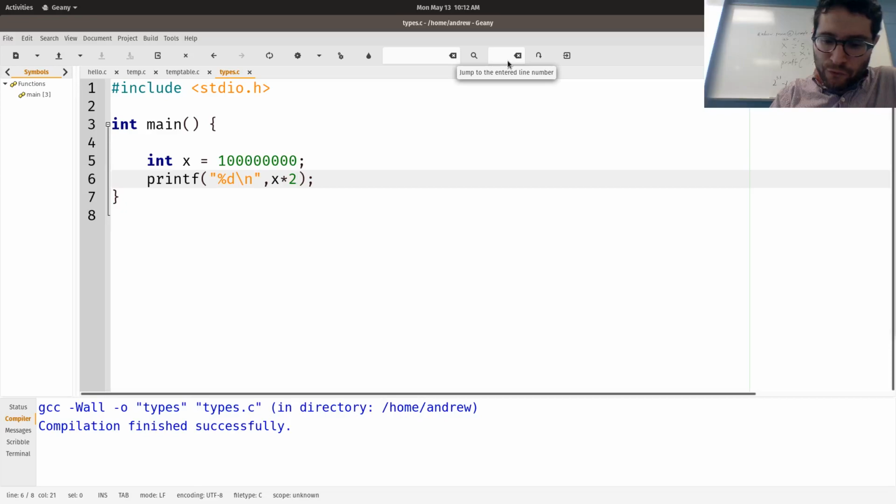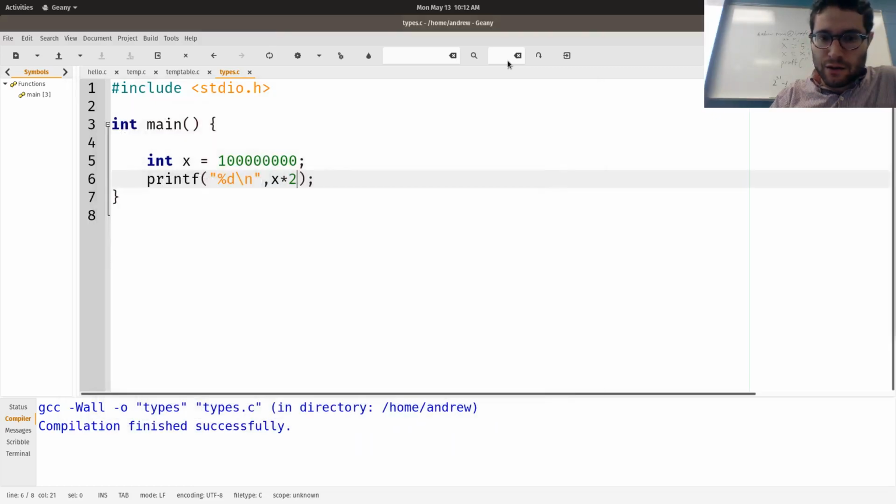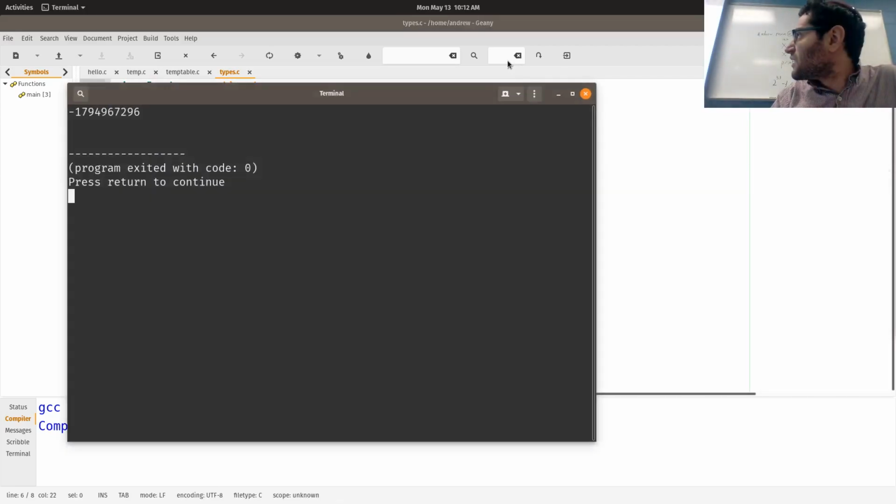Let's see if this notation works. No worries there. 200 million. If I did x times 20, this would be 2 billion. Okay, what if I do times 25? I get a negative number. And this is what's called integer overflow, where the number becomes so big that, because of the way the mathematics works for holding these numbers, it wraps around.